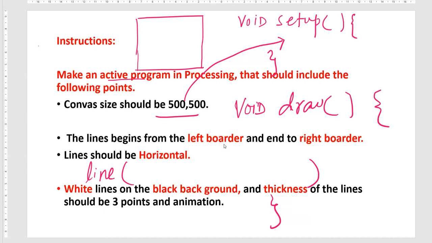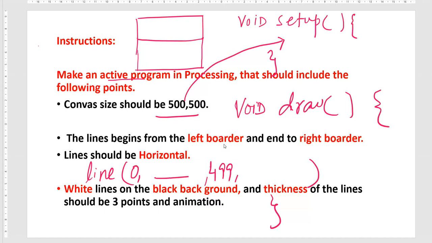So the requirement is that the line should start from this corner, from left to right. If the line starts from here, it means we have 0 for x1, because the line needs four parameters: x1, y1, x2, y2. And it should touch here, so you can write x2 equal to 499 if the canvas size is 500.